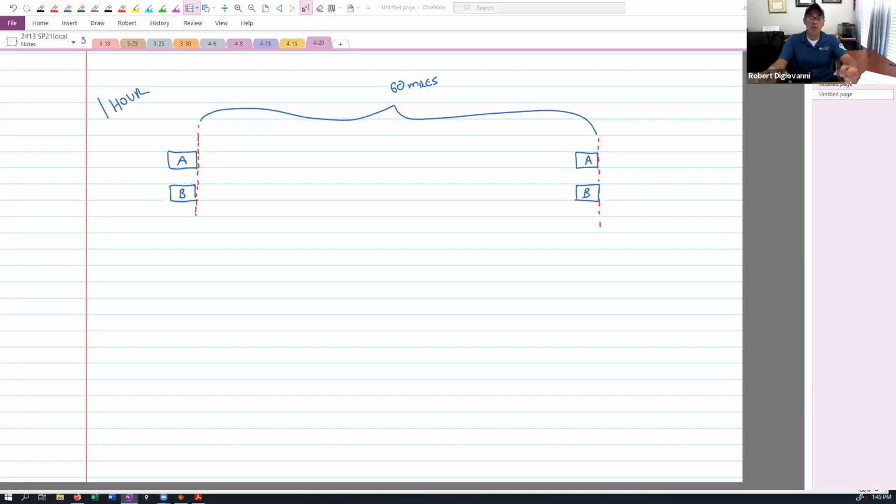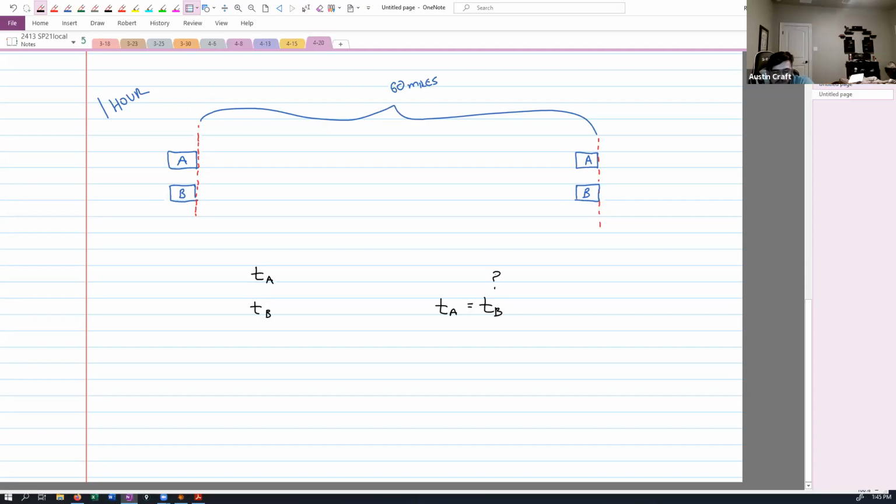So look, imagine your car A, you're driving. At some point in time, you look down at your speedometer and it has to read 60. At some point in time, guaranteed, it has to. Okay? Car A. And let's say that happens at TA. That's the time for car A. That's when it hits the 60 miles per hour. And then car B, you're driving, and at some point for car B, they look down and they see 60 miles per hour, and that's time for car B. My question is, are those two times the same?